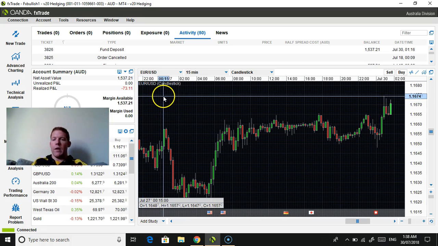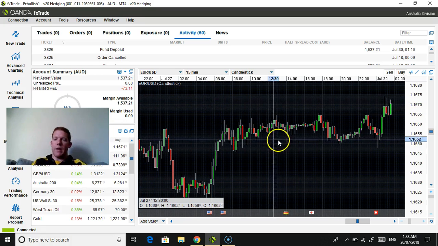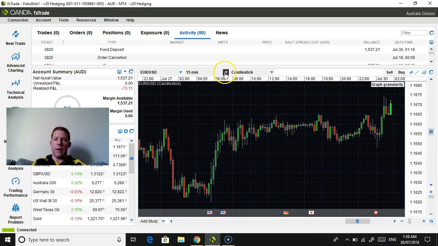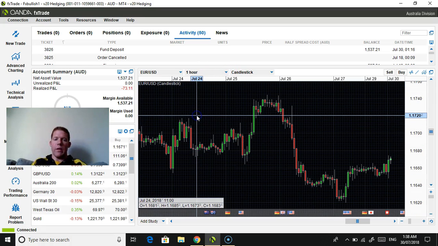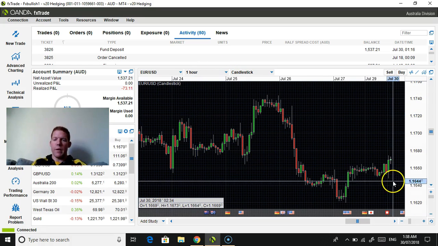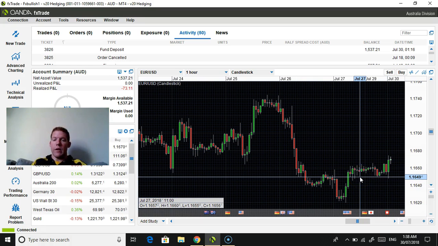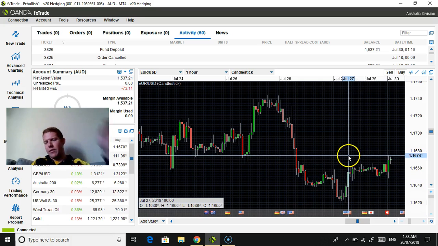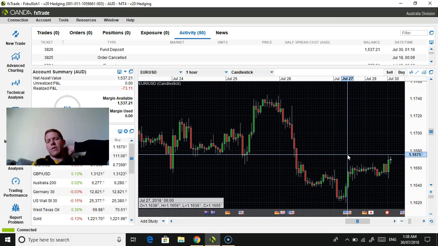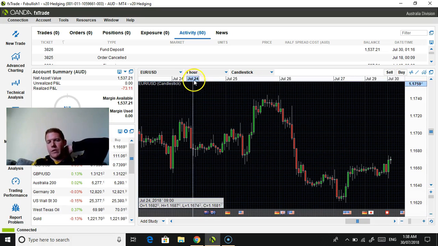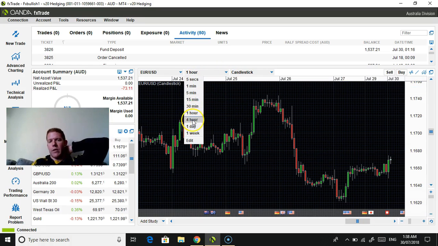Now, Euro US dollar. This is the 15-minute time frame, so it has actually made a push higher. If we go to the hourly chart now, that's an engulfing candle there. So this is interesting. This is particularly interesting. The concern I have though is there's a lot of resistance that has to deal with that. So we'll go to the 4-hour,